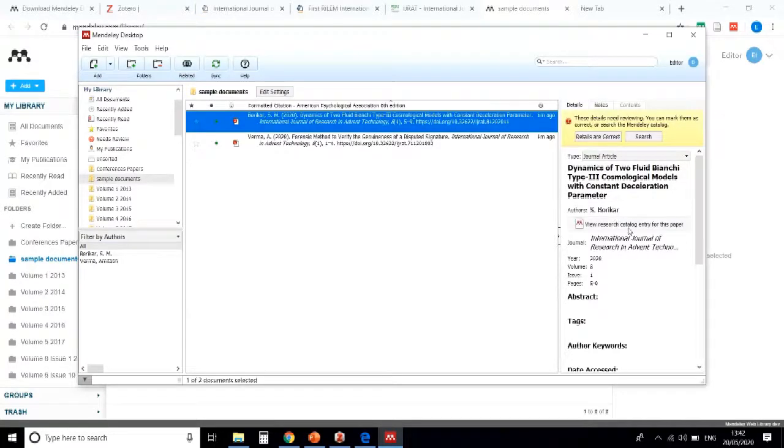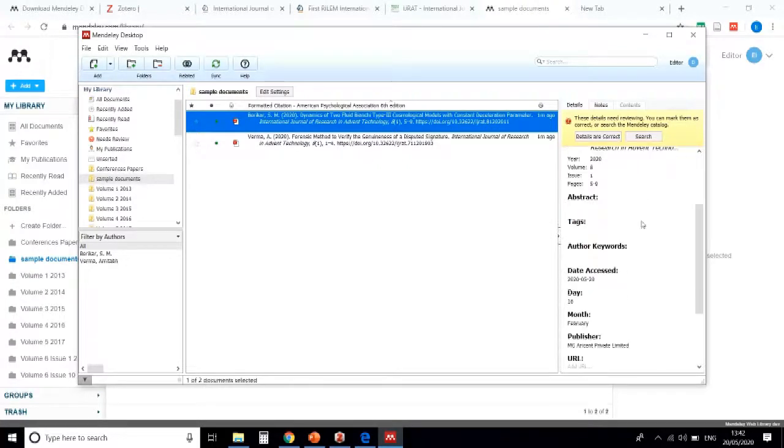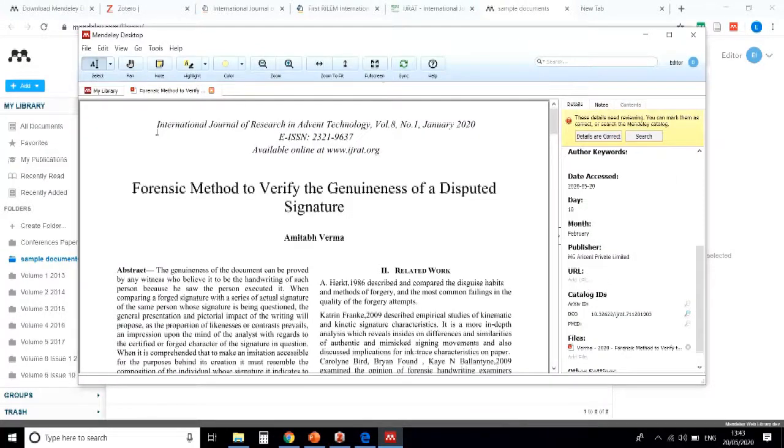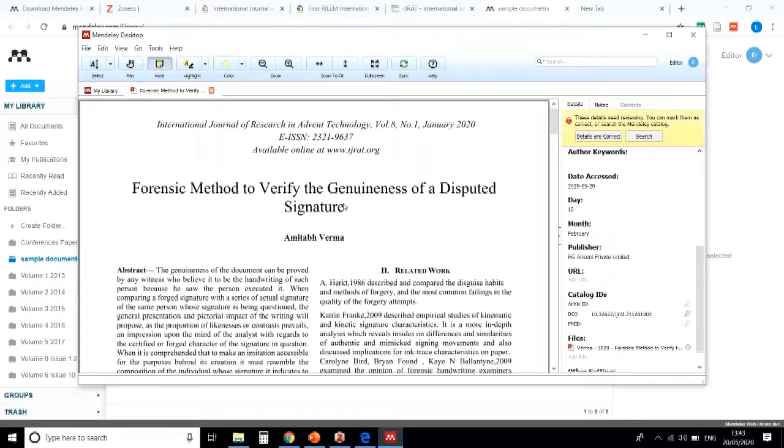So here also on the right hand side you can check all the details of the reference, journal, year, volume, abstract, and all details will be available. So in this way, when you click on that PDF file, you can add any notes regarding this.